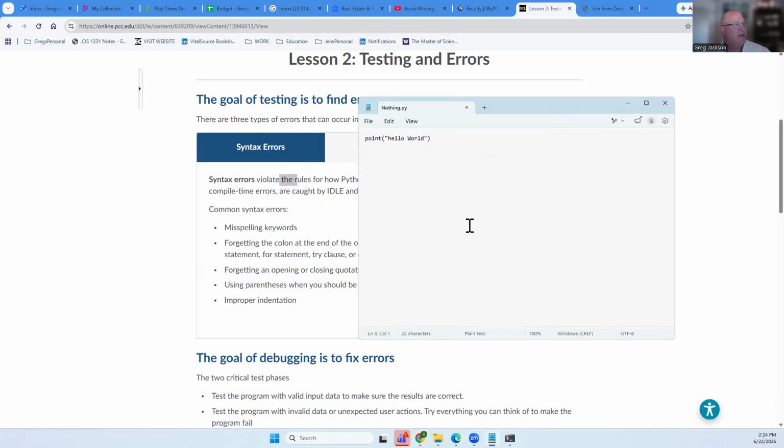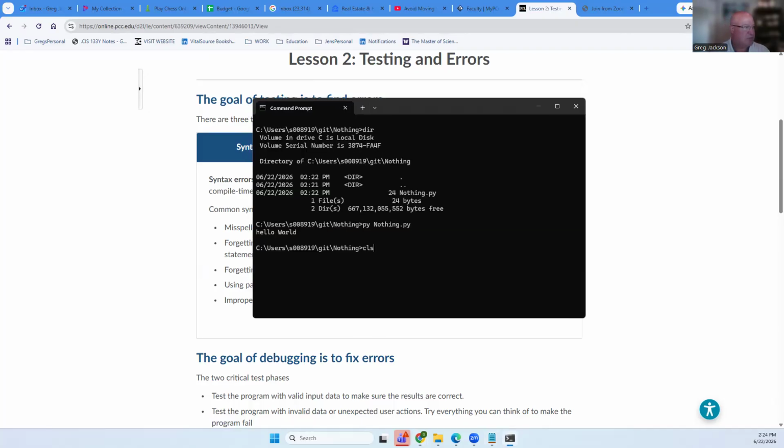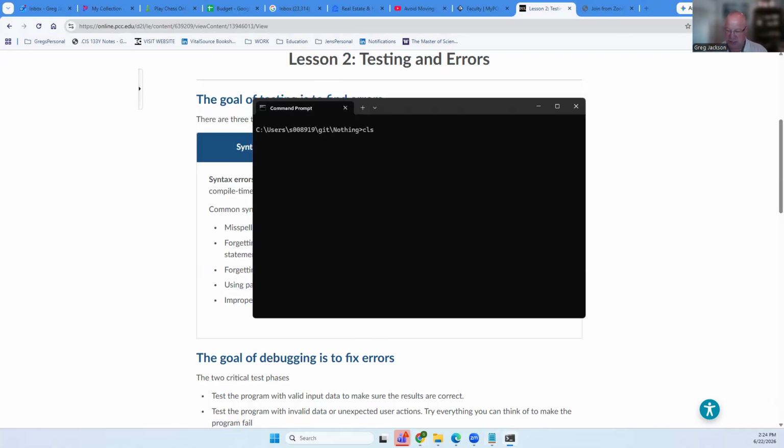Boink, point, hello world. I'm going to hit save. There. Now, this is wrong. There is no keyword, not that I'm aware of, in Python that says point, hello world. So Python's going to get confused. At least it should. So I go back into here and I just run